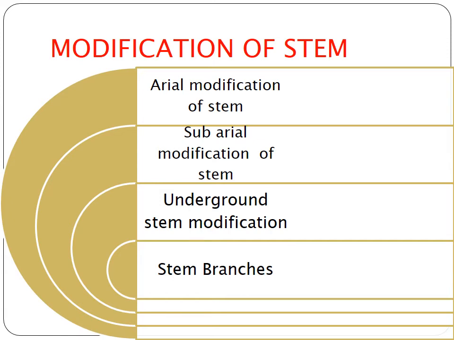Then underground stem modification also has some functions and reasons. Perennial and some herbs have underground stems, which are generally known as root stocks. Root stocks function as storage and protective organs. So here, by this function of the stem, it turns into an underground stem modification. What is that function? First one is storage and the other one is protective organs.